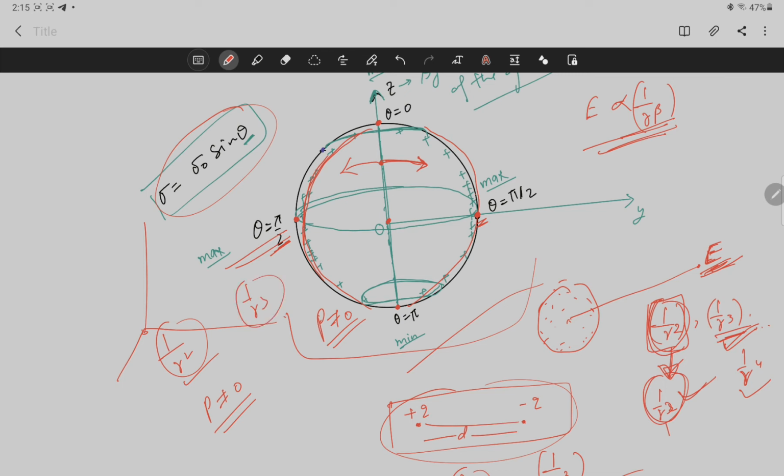If you choose your origin away from the center, then when you do the Taylor expansion of the electric field at very far distance, you will see 1 over r cube dependence, otherwise you will not see it. So the first dominant term in the electric field will be 1 over r square. The second dominant term will be 1 over r cube if you don't choose the origin at the center. Okay, thank you very much.